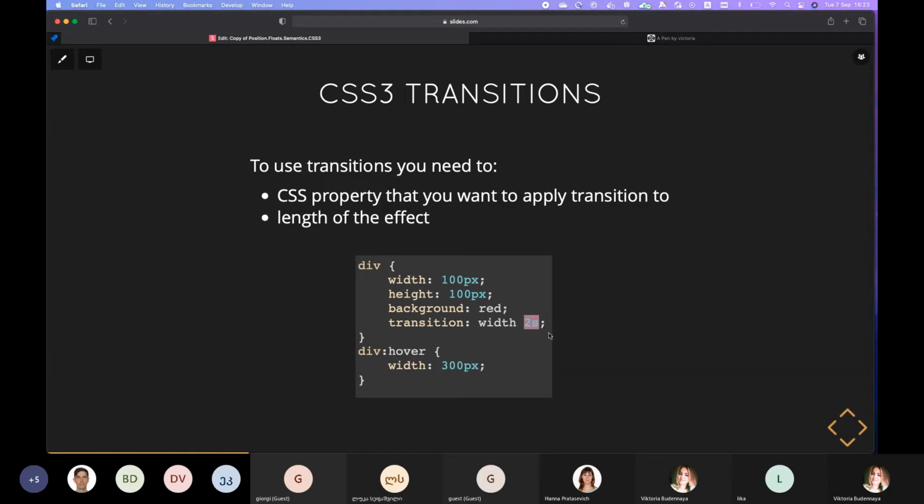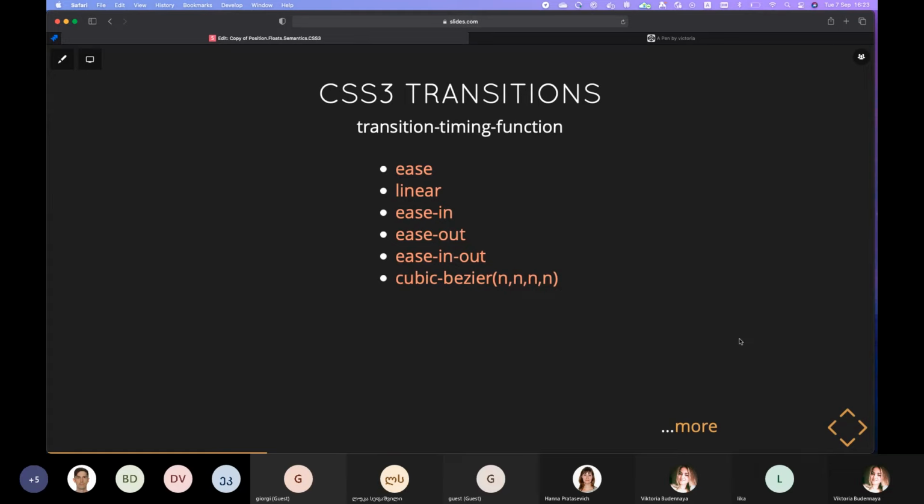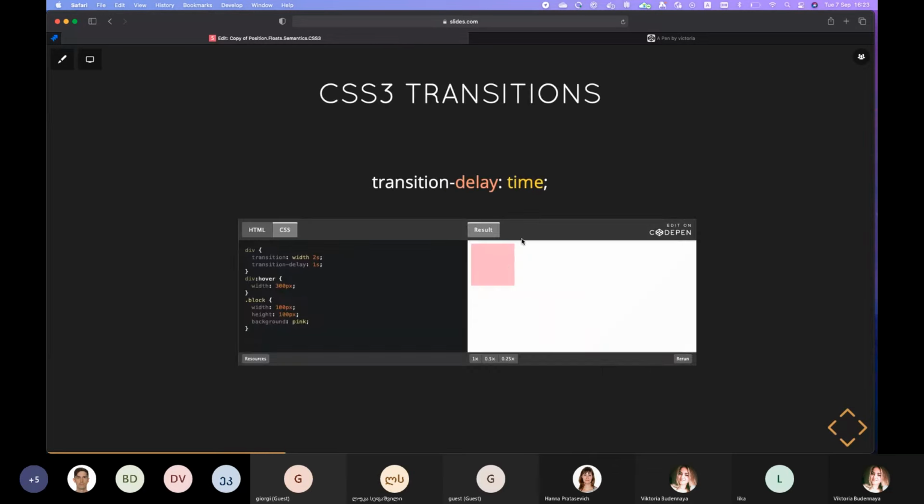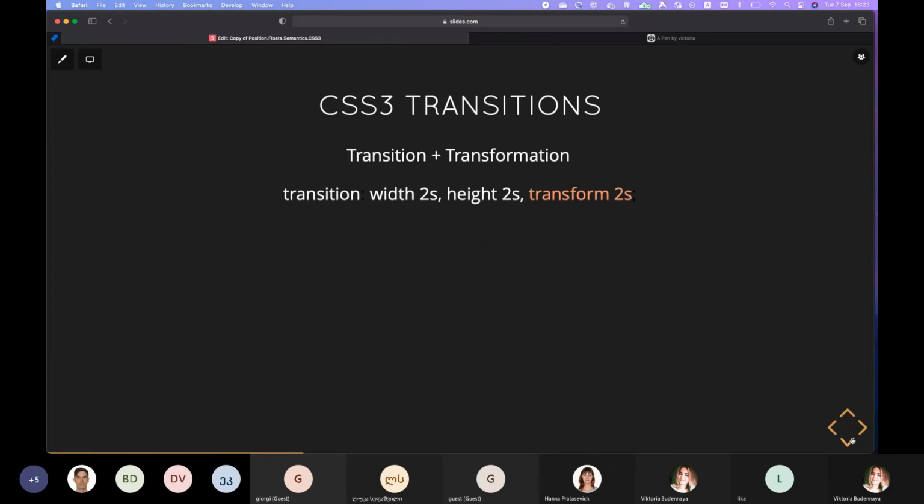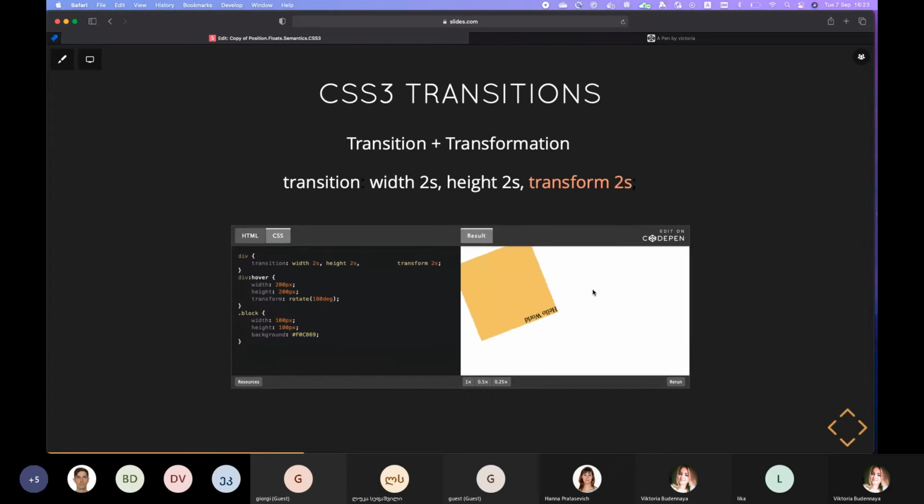Sometimes we can also add a transition delay, and we can see that a bit later. So when you apply a transition to a certain property to happen smoothly in a certain time, not in an immediate way,